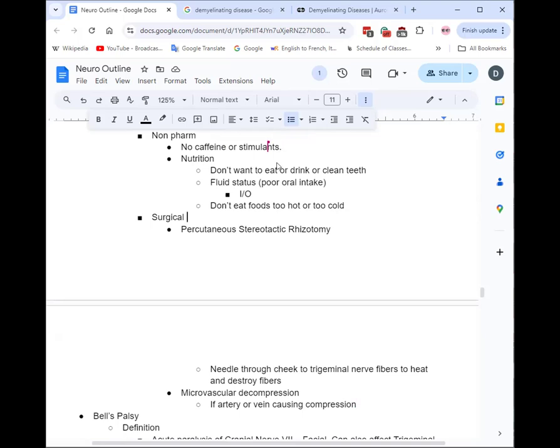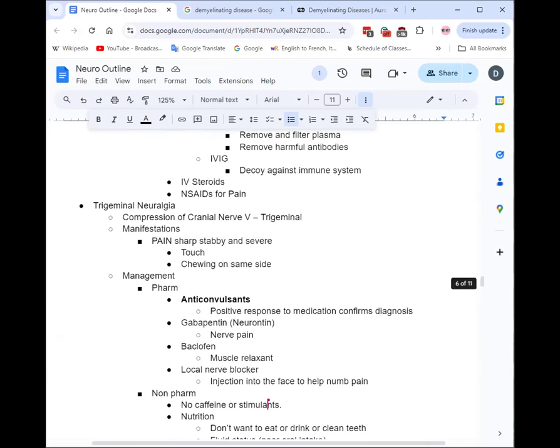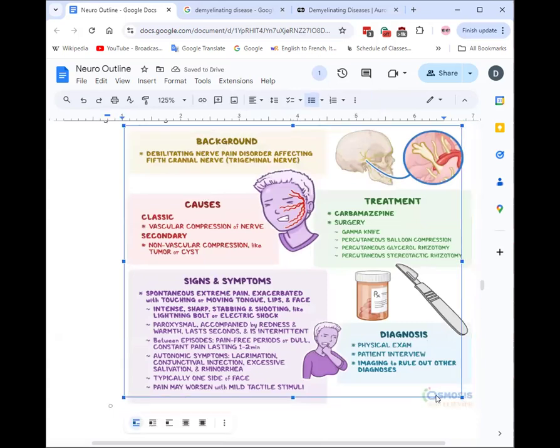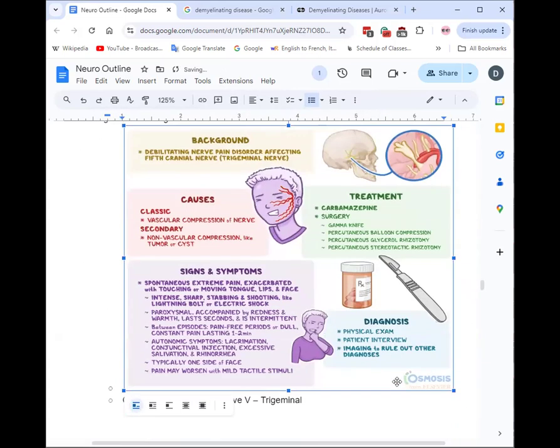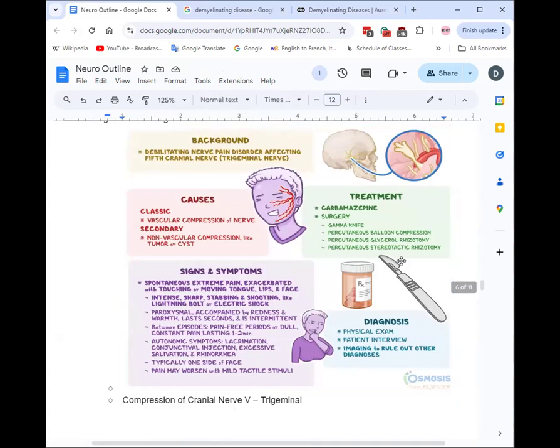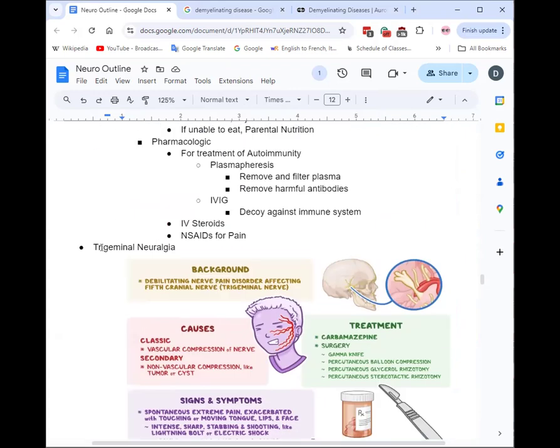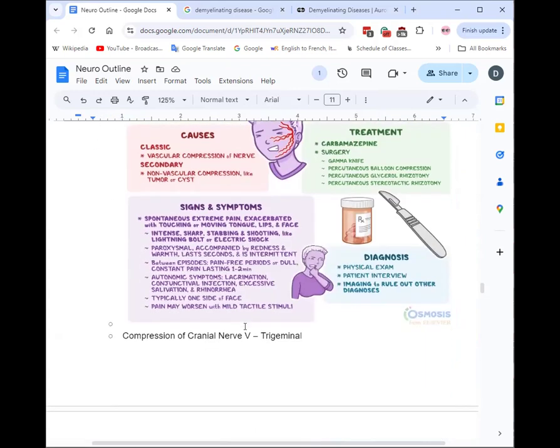Very short section right there. Yeah. All right. Good job. Yay. I don't know how you talk and type at the same time. I cannot do that. I really struggled. Years of practice. Here's a picture. I like the Osmosis pictures. They're always helpful. They're really good. Although I will say just knowing trigeminal neuralgia and the fact that it exists is probably good enough.